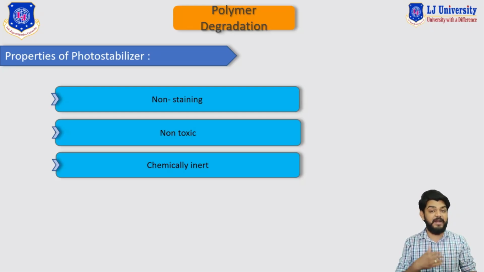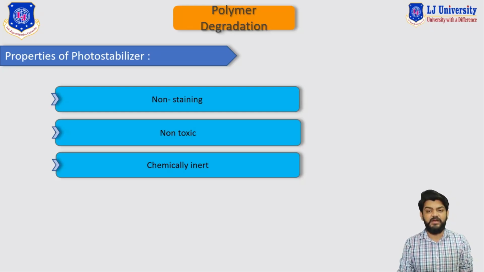It should not be reactive with any other material such as oxygen present in the air, or ultimately it will lead to oxidative degradation of the polymer. So these were all the properties that can be asked in a 2 or 3 marks